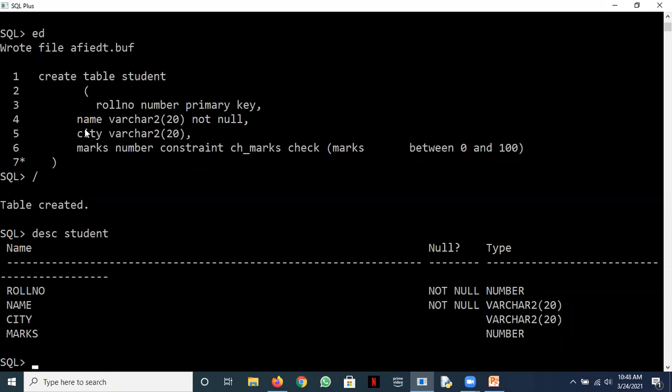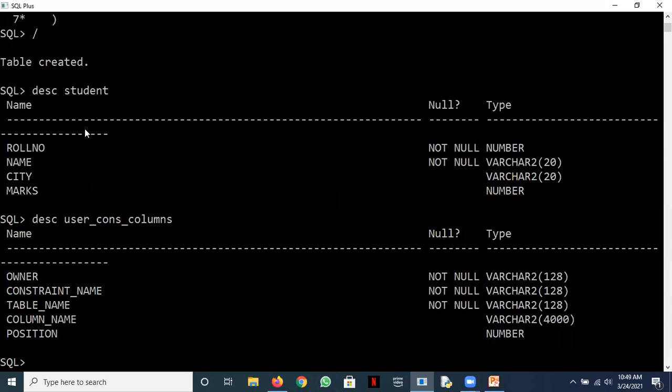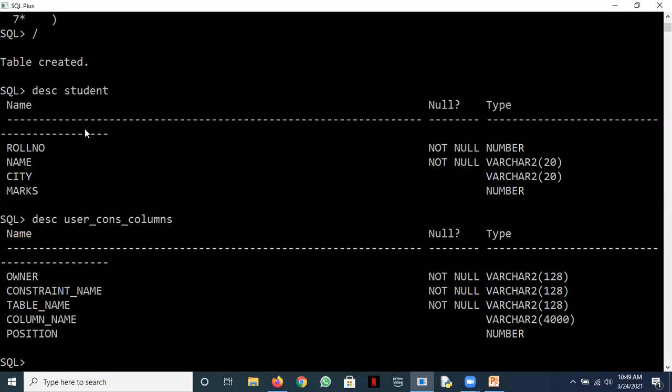Okay. Now before we go any further from here, we discussed data dictionaries. So I told you whenever you need to work with your constraints, you need to work with some data dictionaries. I will discuss them again here. Kindly note so that it's clear to all. There is a data dictionary user_cons_columns. Okay. This gives you a description of whatever constraint you have put on whatever column or whatever table. It will give you a description of that. Okay. So see how to work with it.